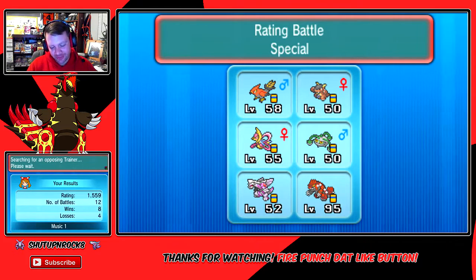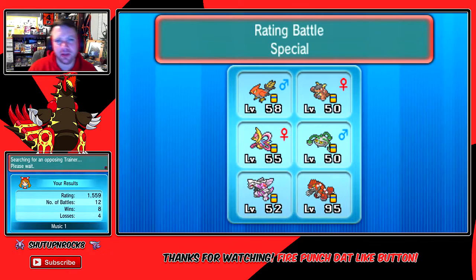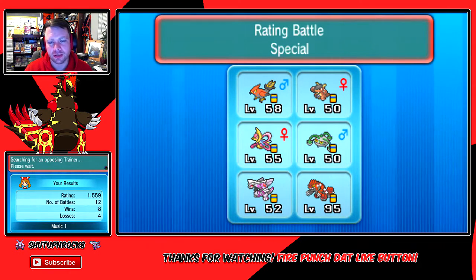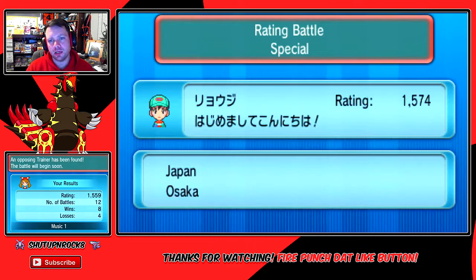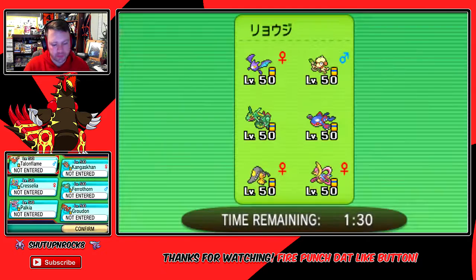So we're going to jump right on the ladder. We're probably going to be 8 and 4. We're going to be mid 1500s right here. I really haven't played many games on the Battle Spot ladder, on this cartridge at least. And we're going to be using the same team, the team that I brought to Virginia Regionals. Another player from Japan right here, because it is pretty late in the United States right now, at least on the East Coast. And he's going to have a team of...